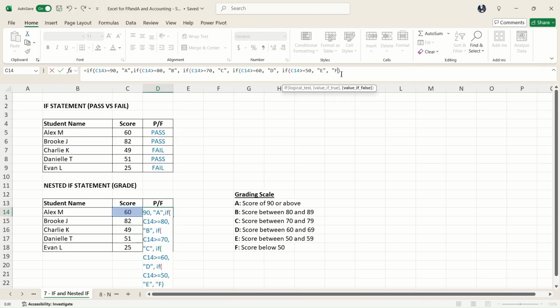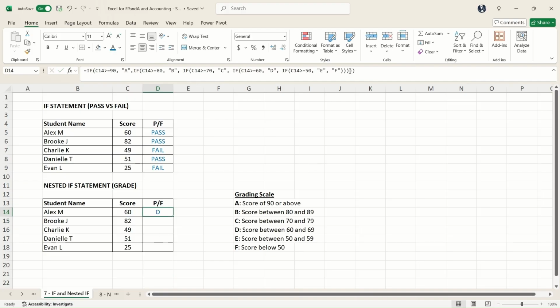Okay. So as soon as I do that, I still have to make sure that I have closed all the brackets. So if you look at this, we have 1, 2, 3, 4, 5. We have 5 brackets. So we already have 1, 2, 3, 4, 5, and you press enter and it shows the grade. If you copy it all the way down, you can see that it's automatically calculating the grade